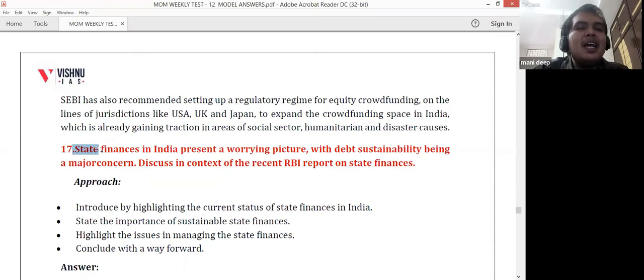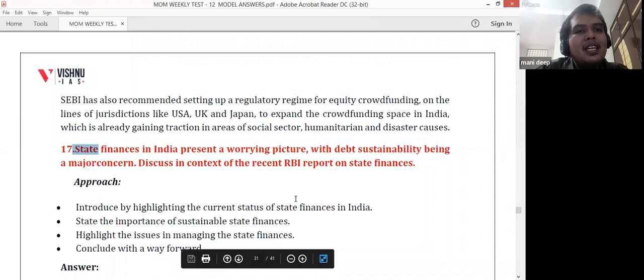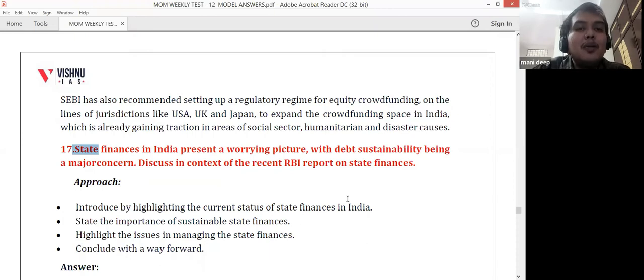So the RBI had recently given some reports regarding different state governments about their debt sustainability. They have identified that the debt to GDP ratio in states is around 32%, which the committee had recommended to be around 20%, but it is not declining. But the positive factor is the repayment rate, and all this debt is more than 10 years. So the repayment rate is also advantageous for the states. So it can be sustainable, but it is based on macroeconomic stability. So there should be no disturbance.